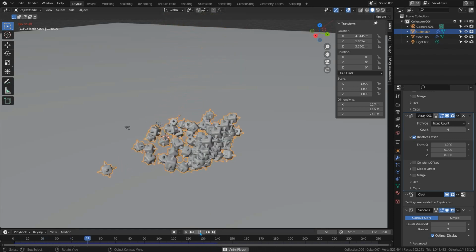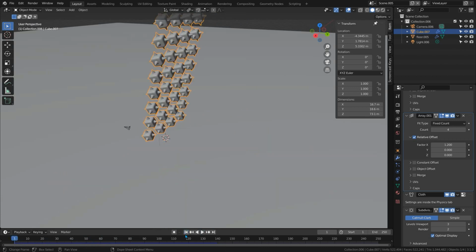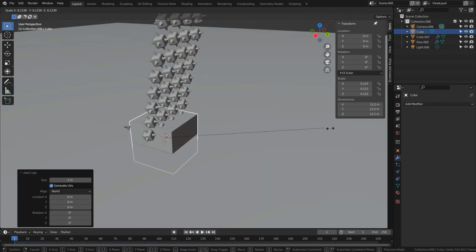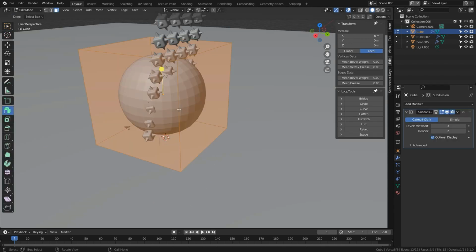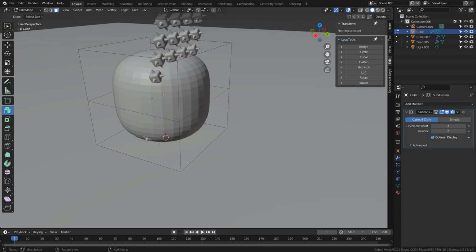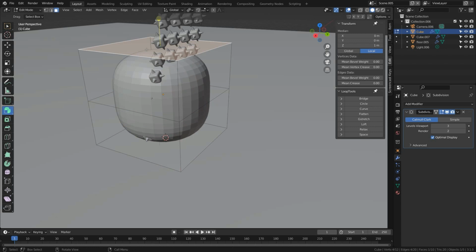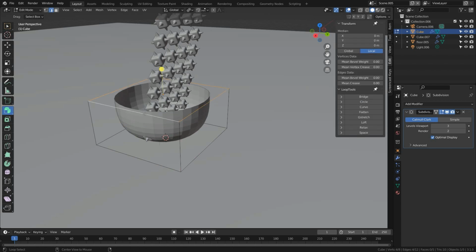Great, but maybe let's make a bowl for them all to fall into, otherwise they're just going to fly off everywhere. I'll just add a cube, I'm going to scale it up and move it up, add a subdivision surface modifier with Control and 3, go to edit mode, add a loop cut around the middle. Now I'm going to change to face select mode, select the top face, press X and choose vertices just to cut it in half. I'm going to switch to edge select mode and alt click the top loop just to